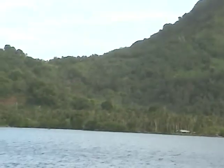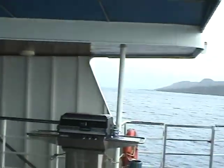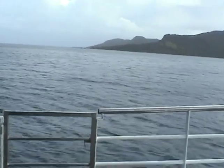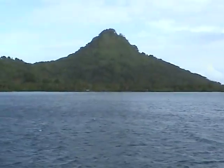Okay, I'm going to shut off for a second to make sure I've got the right island. Yeah, on Dublon here, there's not only a submarine base, but there was also a seaplane base. You can't see it as I scan across the maps and the dining room. You see everybody in there having a snack, and then out the other side. But the seaplane base was here, and as I walk across, the submarine base was there, and then as I walk across over here, the seaplane base was in here in Dublon. It's probably overgrown now, but probably right around that corner. They have that seaplane base,